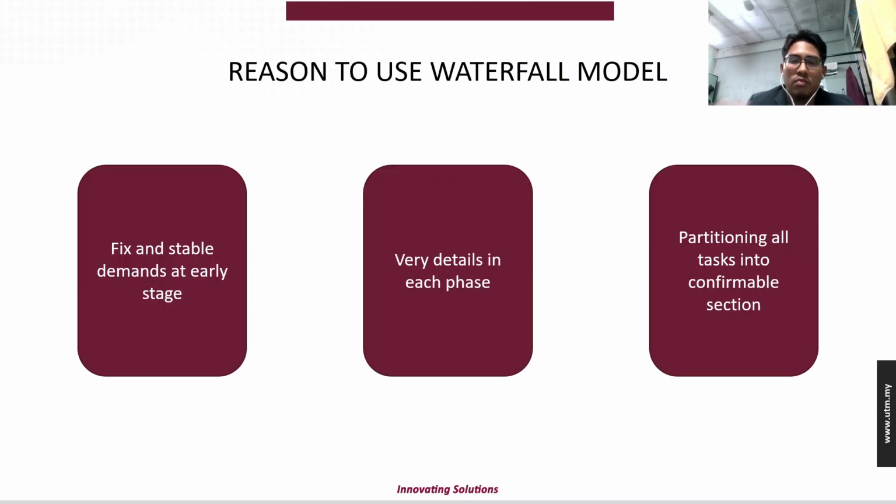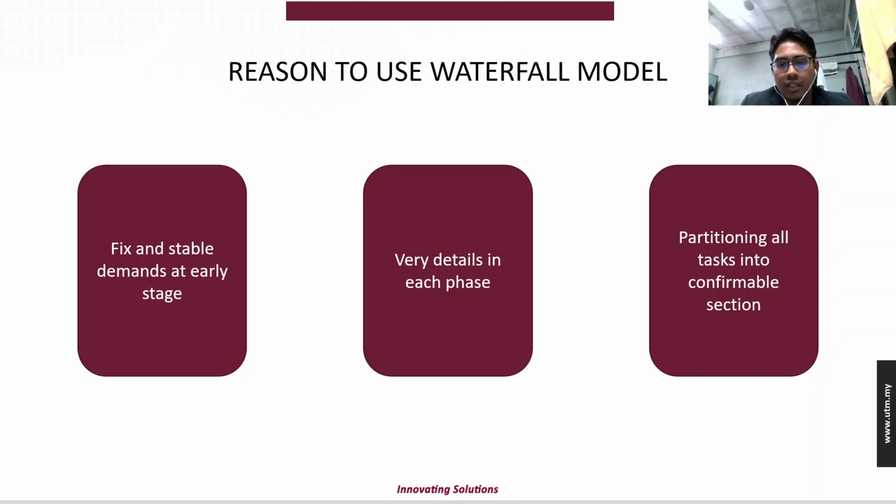Okay, so why did I choose the waterfall model? The first thing is because of fixed and stable demands at any stage. Basically, what the user needs and wants have been determined at the first stage, so the developer can see what they need to do.